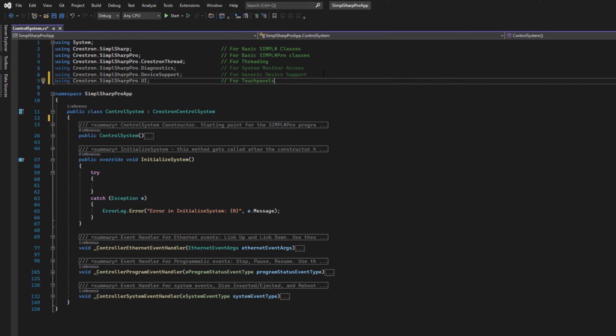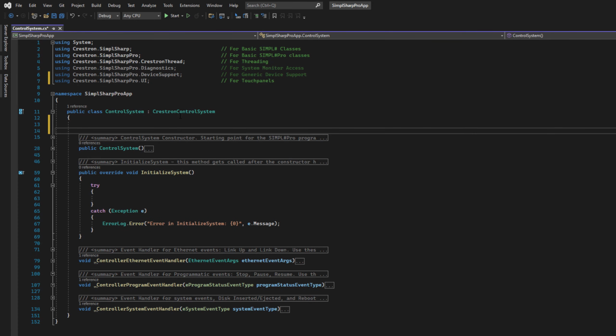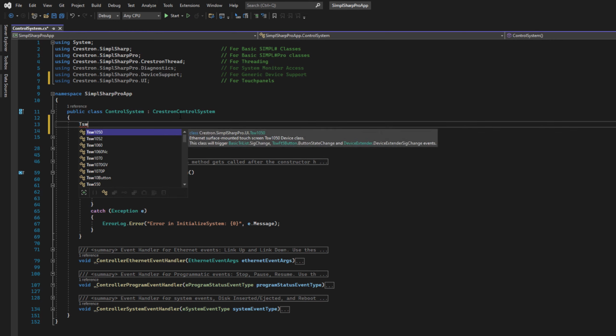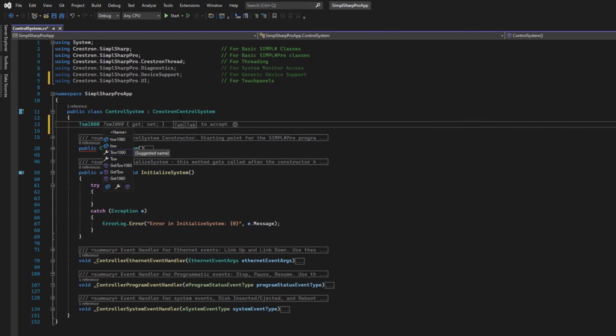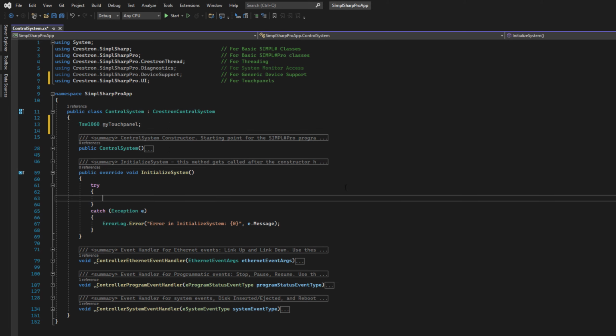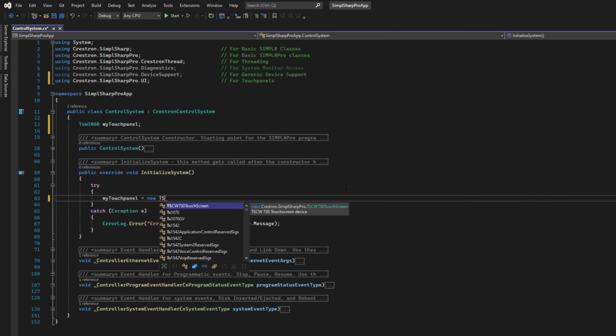Now we can make a TSW container inside our class. You need to type here TSW1060 and we will call it myTouchPanel. Let's initialize it. Inside these brackets, type myTouchPanel equals new TSW1060,